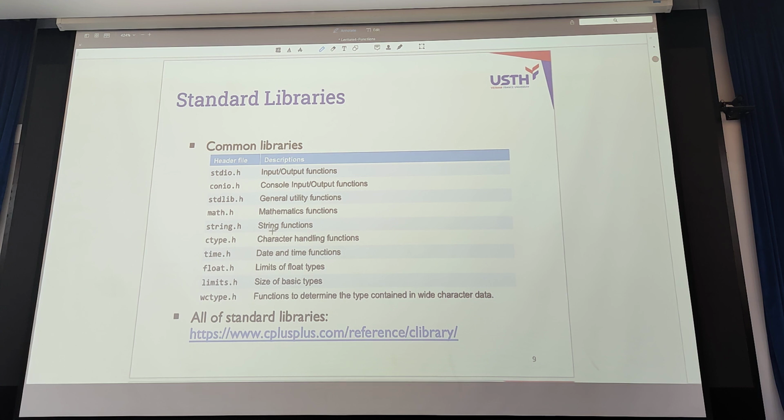Next week we will study string, float, some type syntax, etc. But normally you use stdio, conio if you have to work with input and output, to read and write some file, mathematics functions, and along with strings. Okay. For all the detail about these libraries, you can search for this.